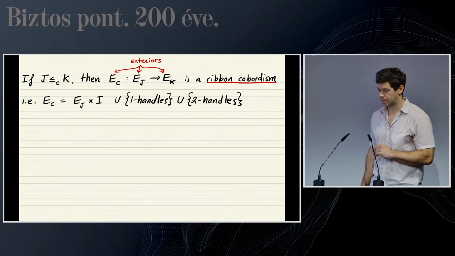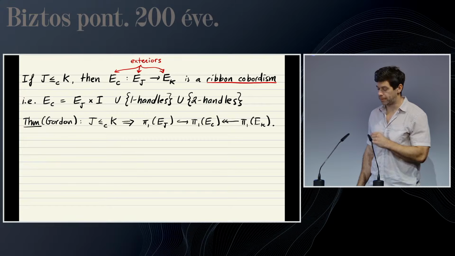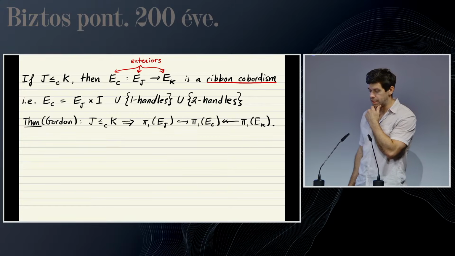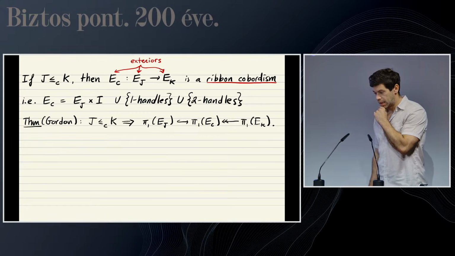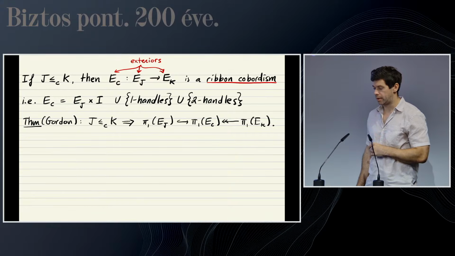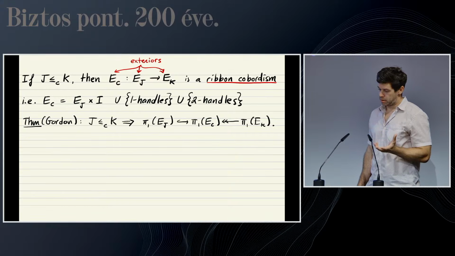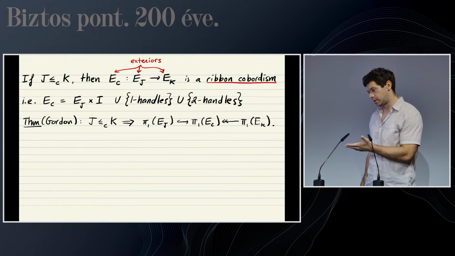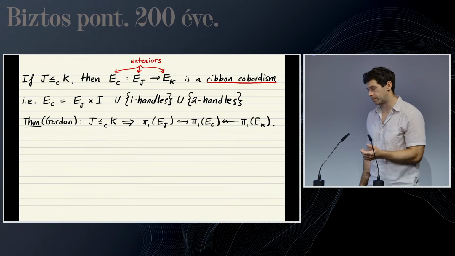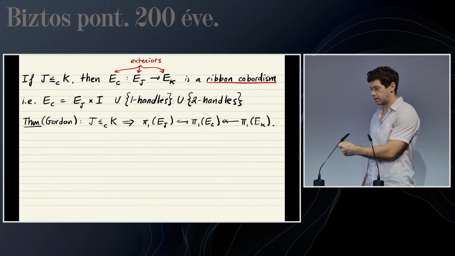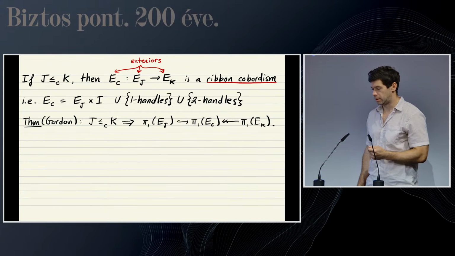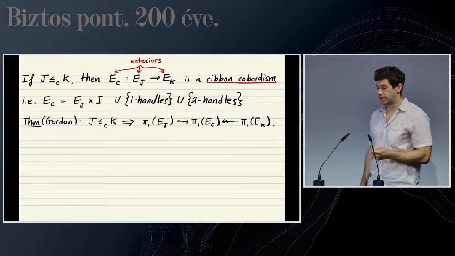Okay. So one of the things that Gordon proved in his paper from '78, I believe, is that if J is ribbon concordant to K, then the knot group of J injects into the fundamental group of the concordance complement, and the knot group of K surjects onto the fundamental group of the concordance complement. And one of these is very easy to see from what I just said. So namely,